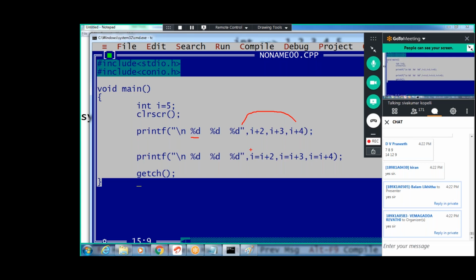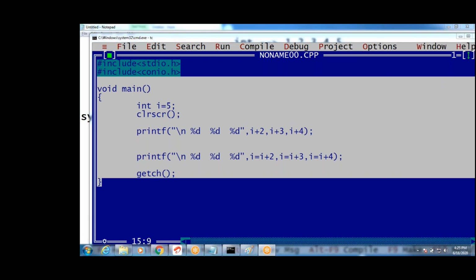Any other doubts? Sir, how can we know in which way our compiler is executing, whether left to right or right to left? If you want to know, you have to Google how it works; it depends upon the compiler. If you are going to print this kind of statement, you should know how it prints.